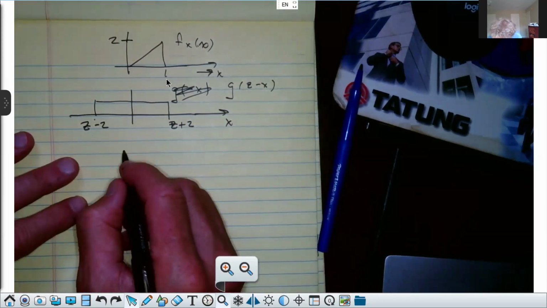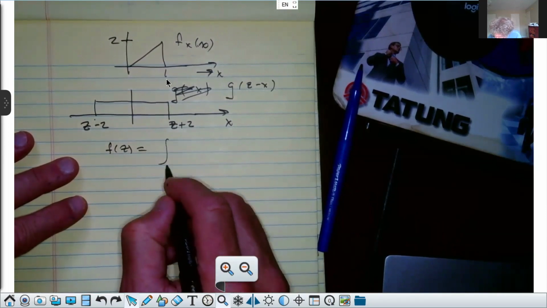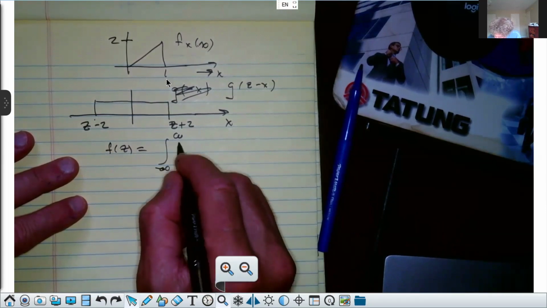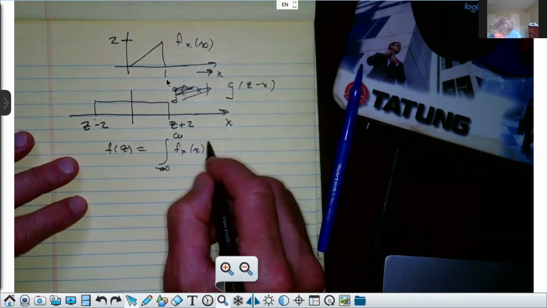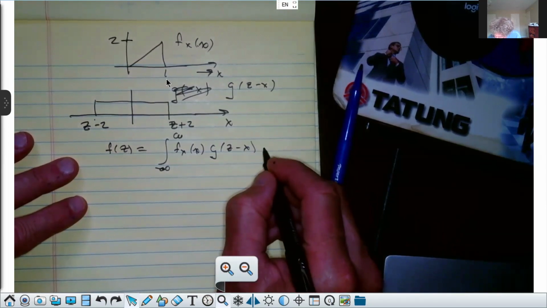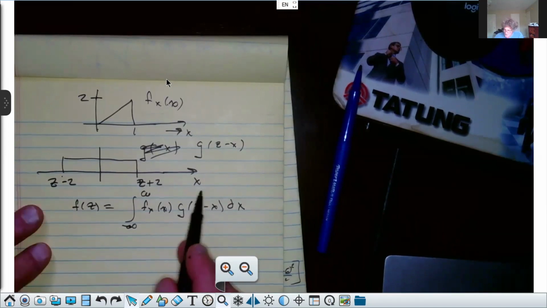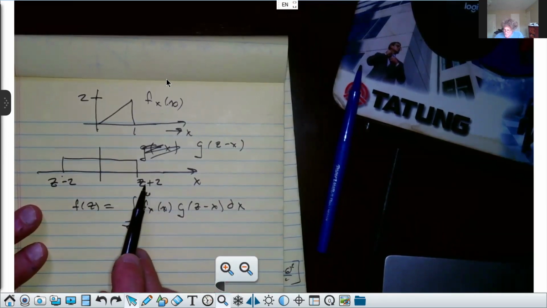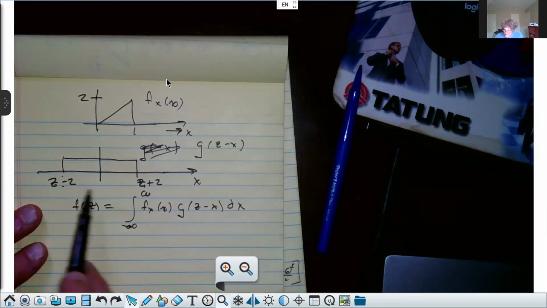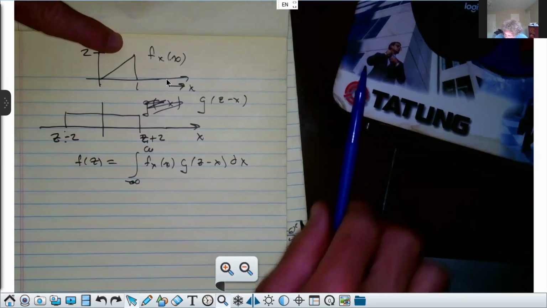Now, when I look at the definition of f of z, and I'll change something in a second, it's equal to the integral from minus infinity to infinity of f of x times g of z minus x dx. Now, I flipped it, and the upper limit is z plus 2, the lower limit is z minus 2, and you can see here, what I want to do to have the beginning of the overlap area,